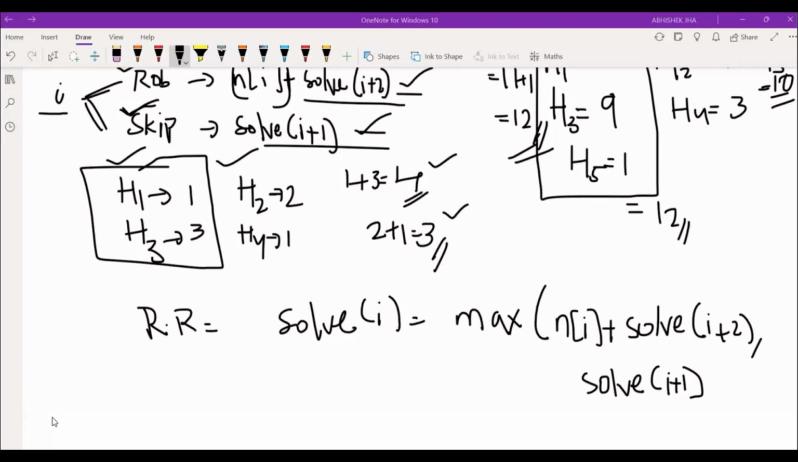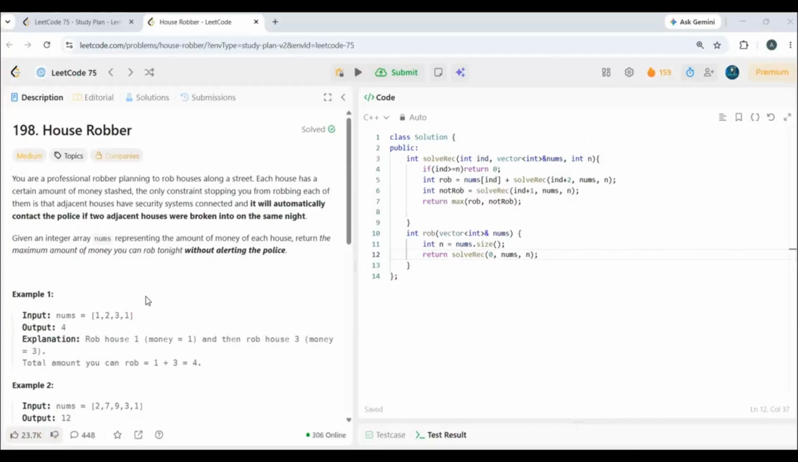So the final recurrence relation for our problem is that solve of I would be max of nums of I plus solve of I plus 2, comma solve of I plus 1. Here's the code for our recursive solution, where we have taken the size of our nums array and called the solveRec function, sending the index starting from our first index 0. Our base case is that if our index crosses the size of our nums array,